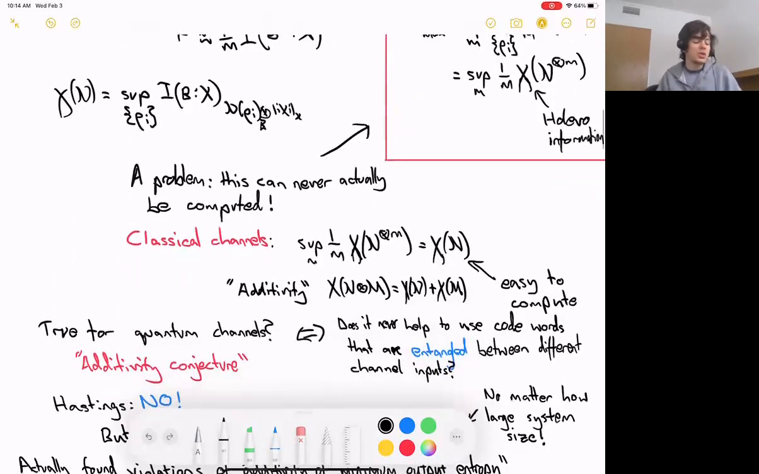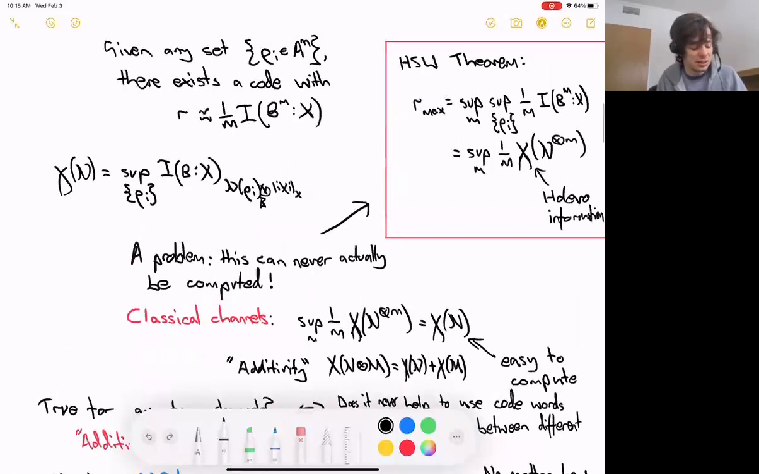Okay. Great. So if the channel Xn was classical, then we have a completely classical mutual information. That's just the classical formula for the classical capacity of a classical channel, with no quantumness showing up. But in that case, it turns out we don't need to take this supremum over the number of channel uses